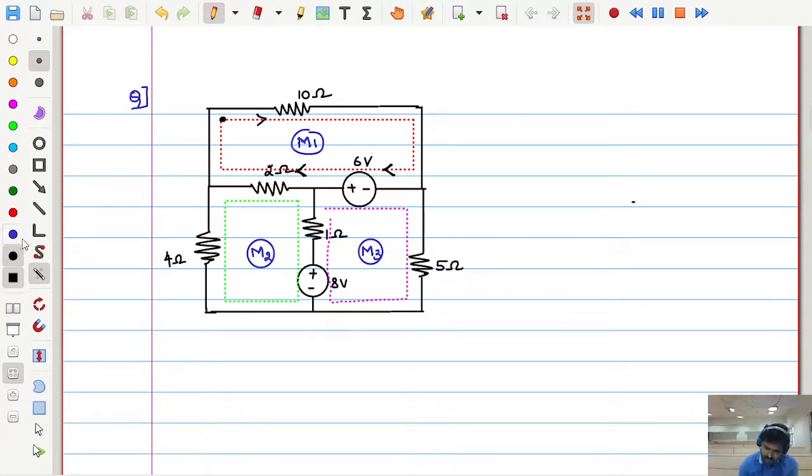Now for your area, you might start here. Immediately one element came, so indicate an arrow which represents the current. This represents I1, the mesh 1 current. Mesh 2 current is I2. Again here one more element is there, here one more element. How do these arrows look once we take care of everything? It is clockwise. Check it.